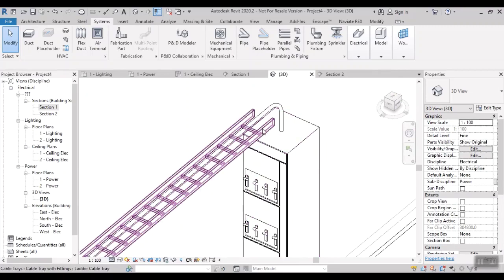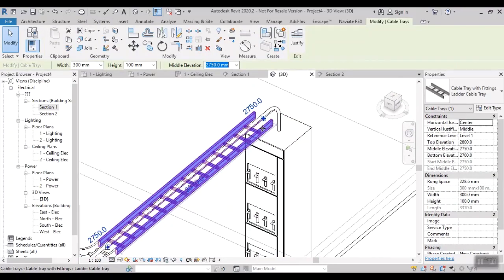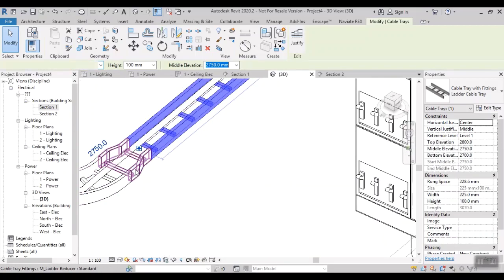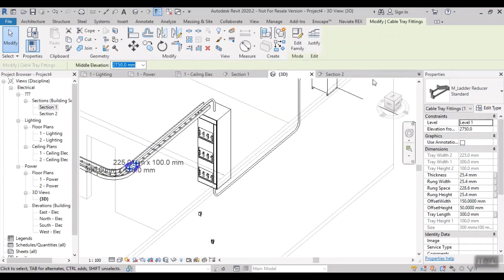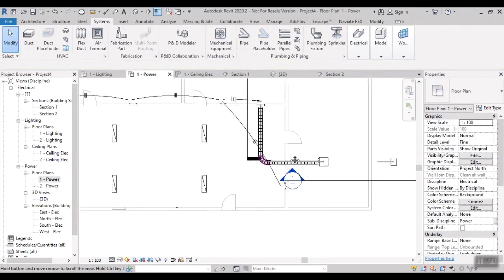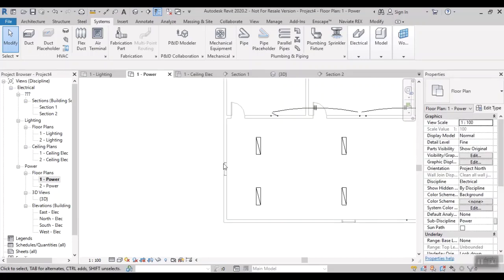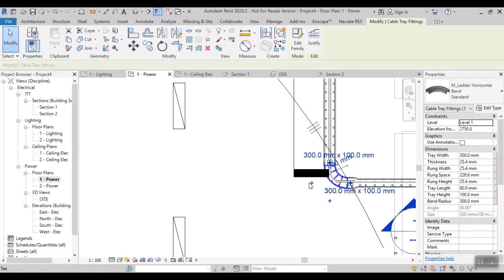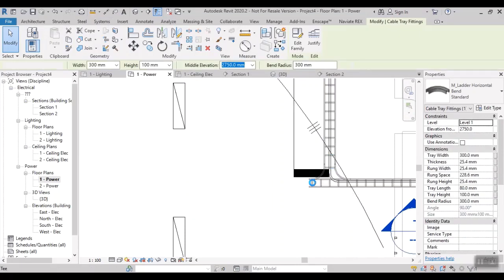Also we can change the width of the cable tray. So here we have an option. We have also changed the width of the cable tray. Automatically, see, the reducer will be taken. Okay, for example, in future I want to extend the cable tray through this end. So select the cable tray. We have an option, that is a plus symbol. We can add a T shape